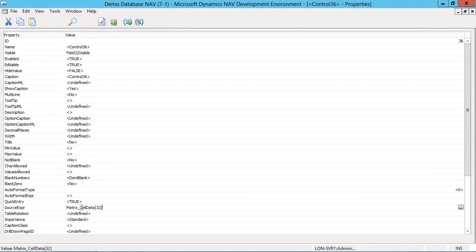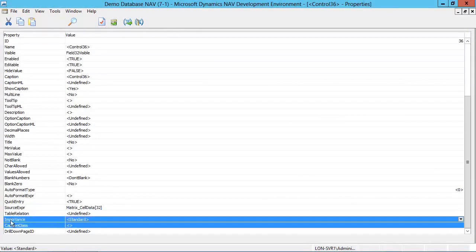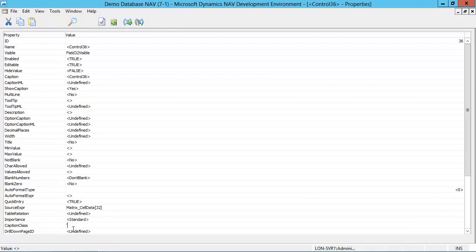There is one more thing that I have to do, which is to specify the caption class. So I won't be explaining the caption management code unit here. What I'm going to say is that a caption class which starts with 3 comma means that whatever I provide as the remainder of the caption class is going to be used as the caption for my column. So here I'm just going to have matrix caption, and then again I must match my ordinal position, in this case 32. So here I will have matrix caption of 32,